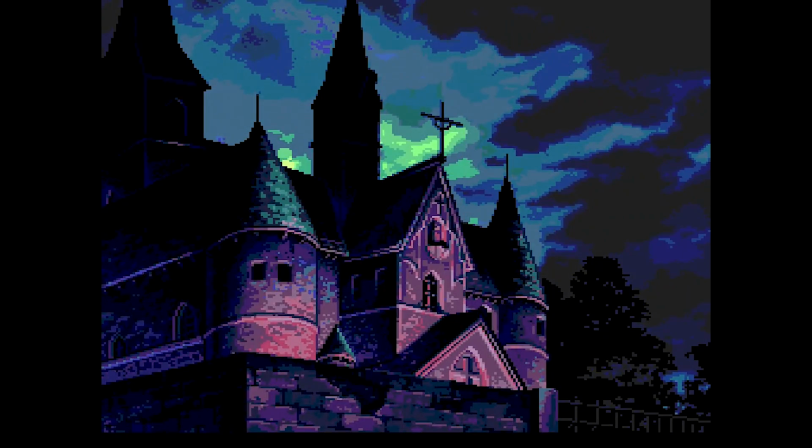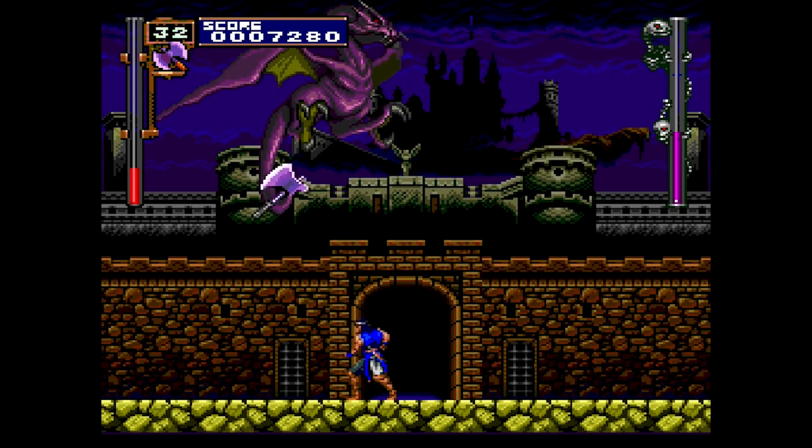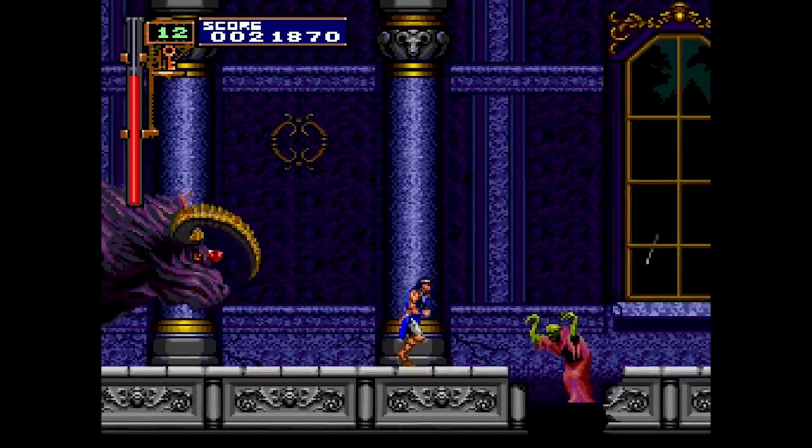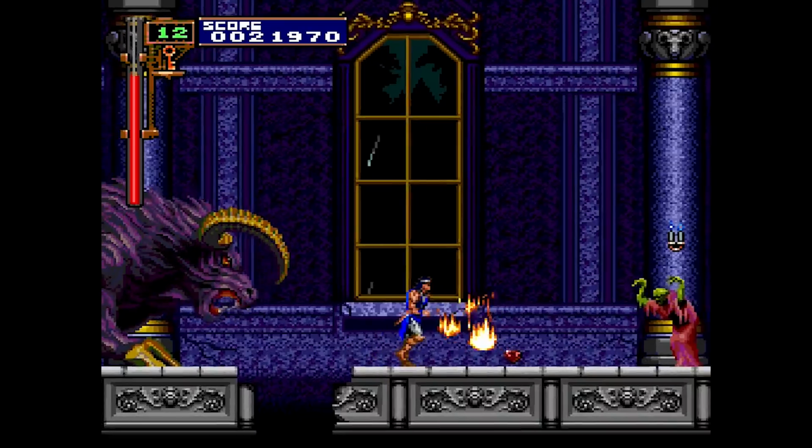Of course, one of the most recognized PC Engine games is Castlevania Rondo of Blood, which didn't come to the US in its original form for many years. Nowadays, there are a few ways to play it, but that doesn't stop it from being a highlight of this